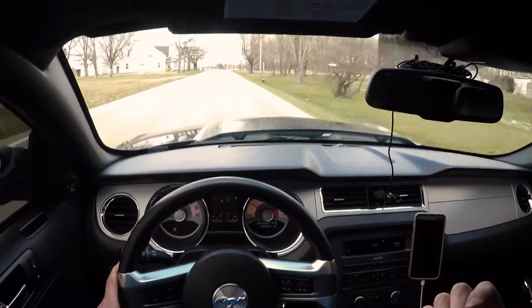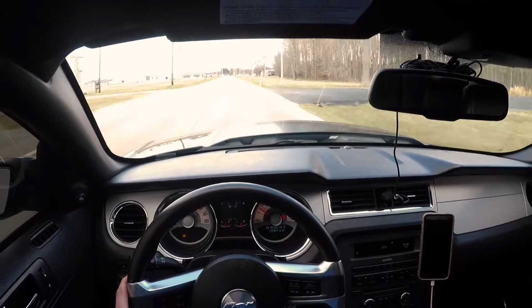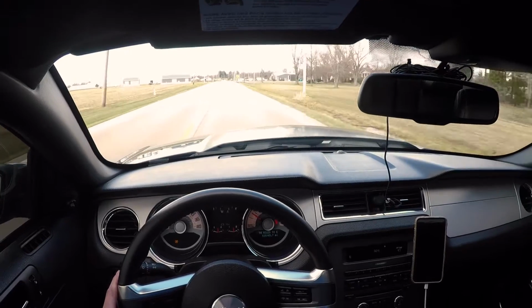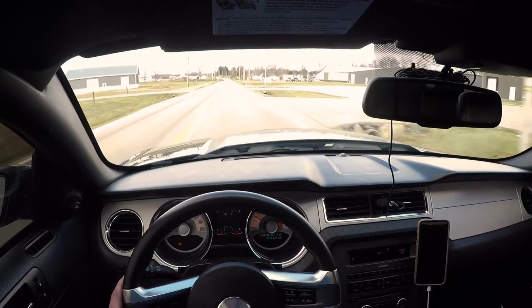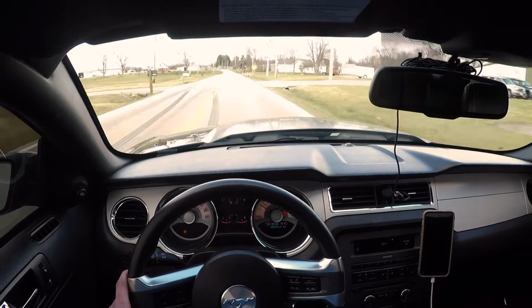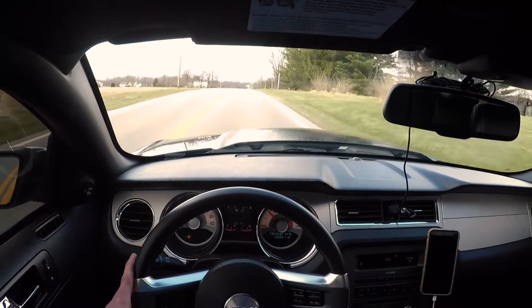So anyways, the clutch, which I'll play around with a little bit so you guys can see what I'm talking about. Other than that, though, I'm happy with what I got right now. It just needs a tune and possibly E85, because all I have to do for that is injectors and a flex fuel tune from Lund. It's a little tricky